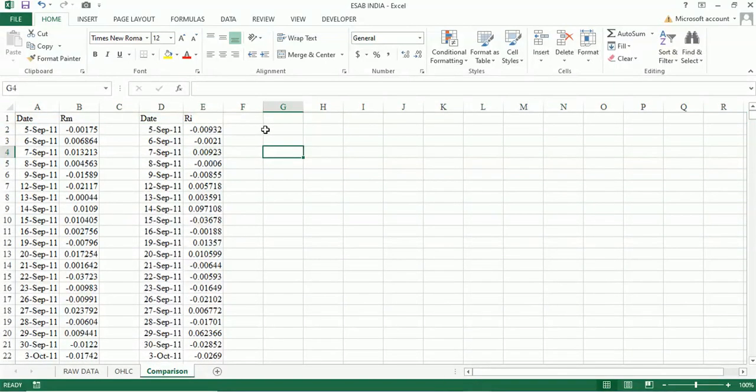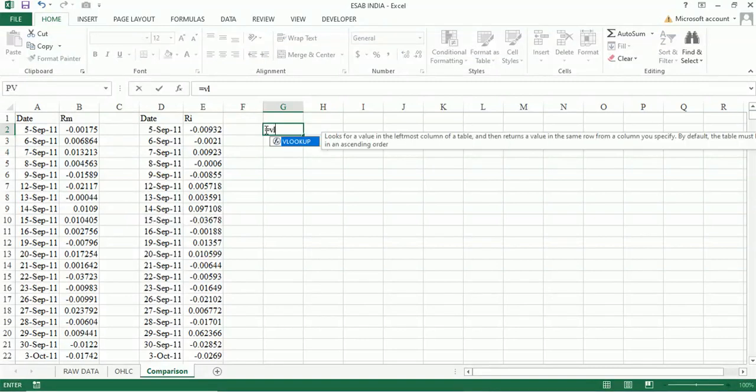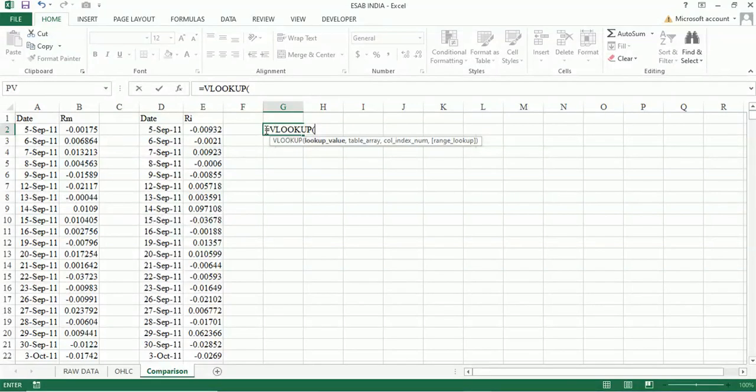Now I will put the VLOOKUP formula here. So, equal to VLOOKUP. For the lookup value, I'm searching the company dates, or the RI dates, in the RM dates.